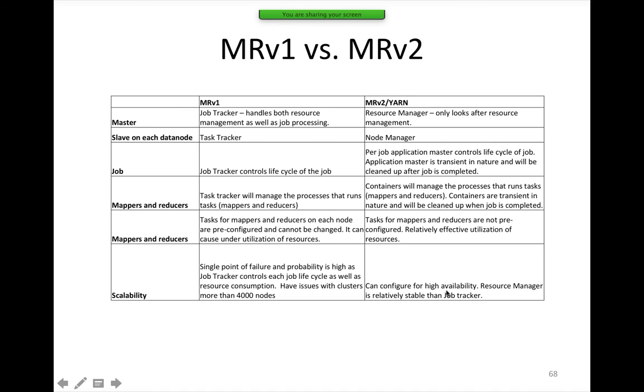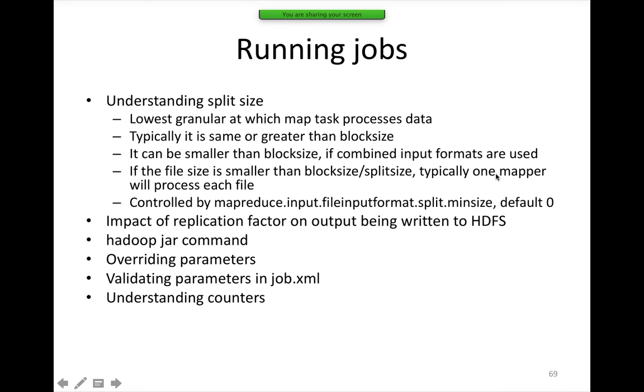Even for larger clusters, you can configure high availability for the resource manager, and even without high availability, the resource manager will be relatively stable because it performs only resource management. Job management is done by the application master, and this is already taken care of.